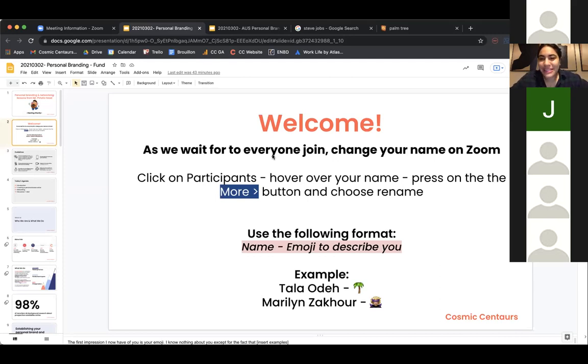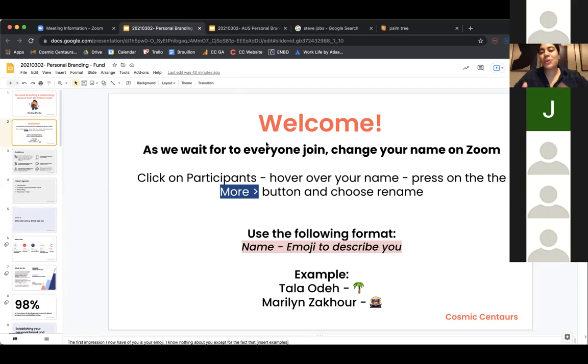I also see we have Dimitri, who's added an emoji to his name. Dimitri, would love to hear from you why you put the guy behind the laptop. Of course, if you're open to sharing, no pressure. If not, it's all okay. We want you guys to feel as comfortable as possible when you engage. It's all good. Cool. So I'm going to keep us moving for the interest of time, but of course we can always come back to it. And at the end, we can see all the different emojis that everybody has added.